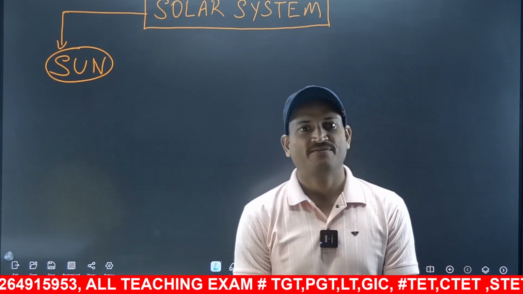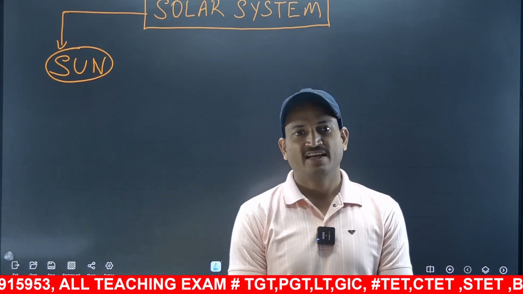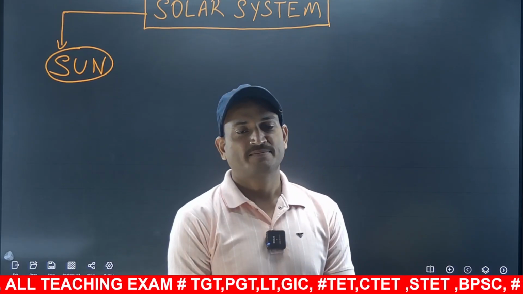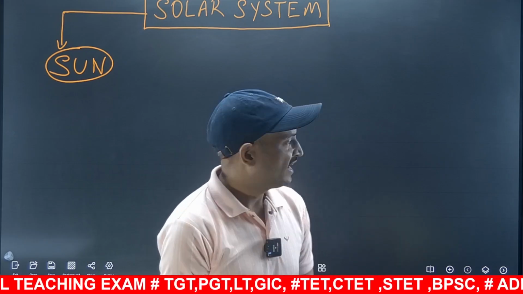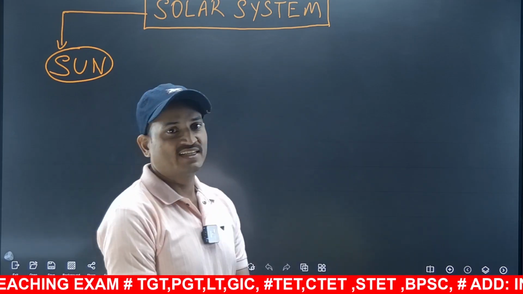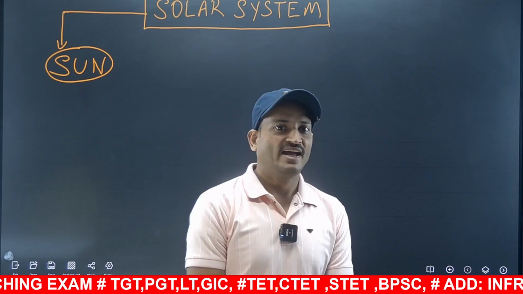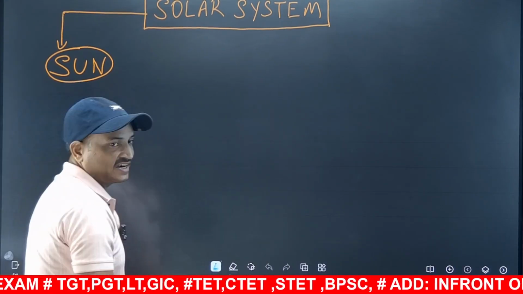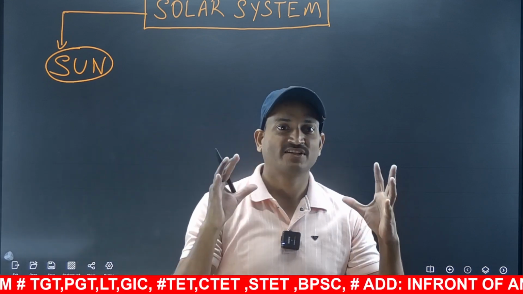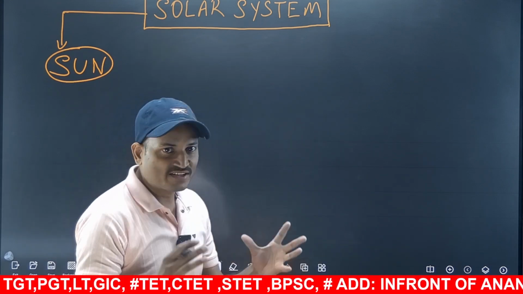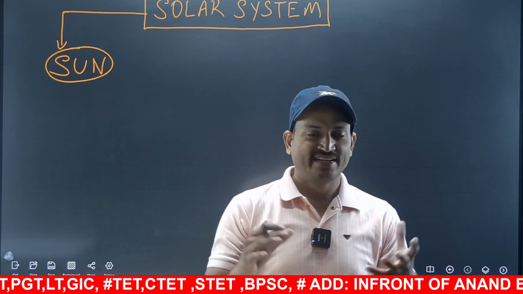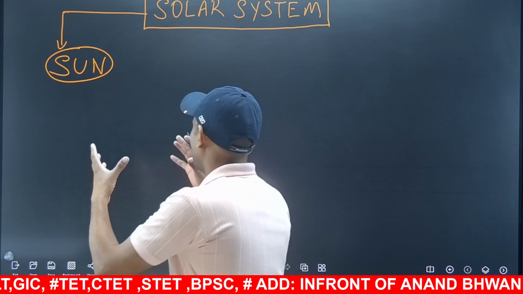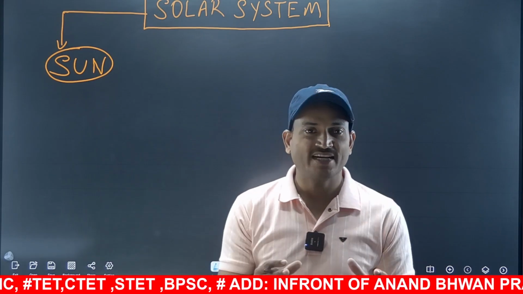As you know my friends, in this series of lectures we are discussing geography, and in today's lecture the subject matter of our discussion is the solar system. In the solar system we have earlier seen the formation of the solar system, and in today's topic we'll be looking into one of the most important aspects of the solar system, that is our sun, because the sun is the driving force of the solar system. As we know, the entire energy in the solar system is coming from the sun, so that's why the sun is the most important source, the most important object of the solar system.